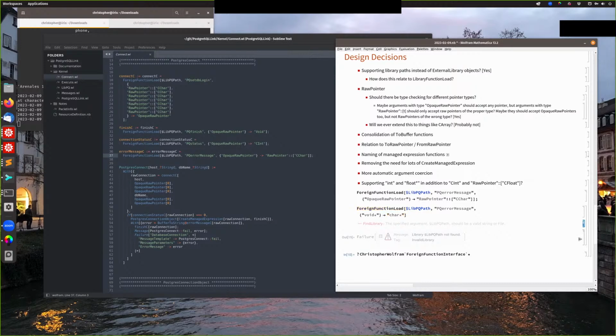Right. Yeah. And then on top of that, if we want to go even more, you could imagine having a sort of 2-argument form. And this is a little sketchier, but maybe we could do something that just parses it from a C declaration. So, if you read the documentation for PQ error message, it'll probably look something like this. So something like that, right? That would be the declaration. So maybe you can just pass in that and it will pull out the name. And this is kind of the cool